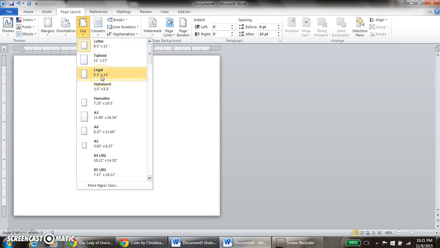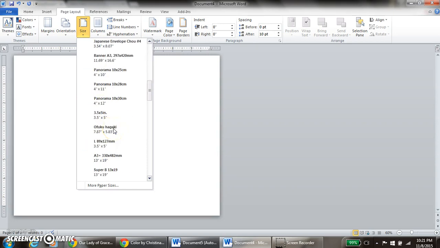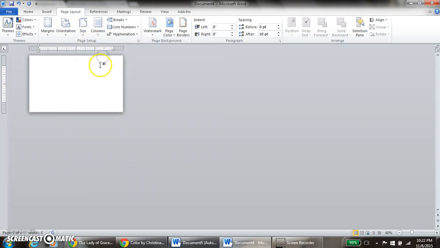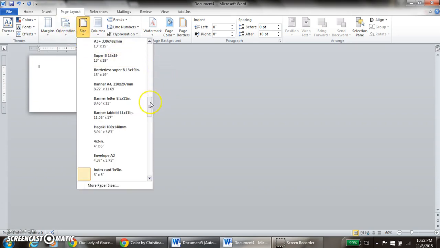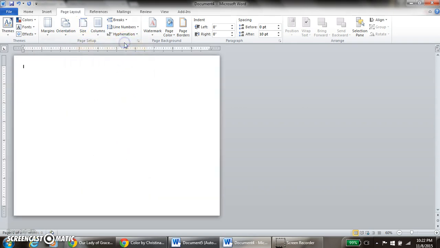But you can also do legal, which is the size your report cards print on. There are envelopes. And if we scroll down here, there are also picture sizes, 5 by 7, 8 by 10, and down here somewhere, did I miss some? Index cards, so 3 by 5 index cards. So if you wanted to do index cards for vocab with the word on one side and the definition on the other, no problem. You could do that really pretty easily. Today we're working with the 8.5 by 11 though, and I do want it to be portrait,